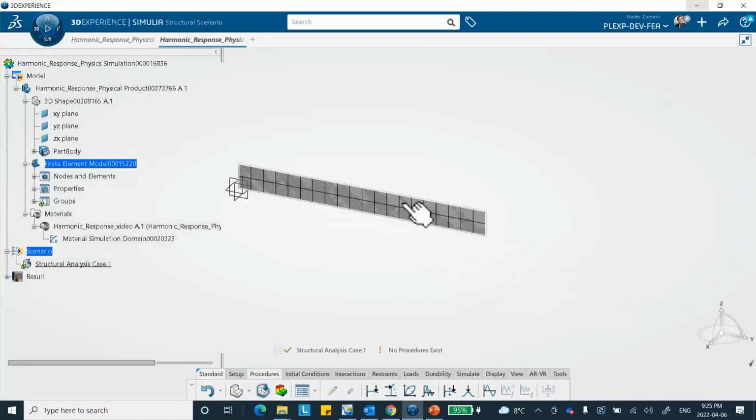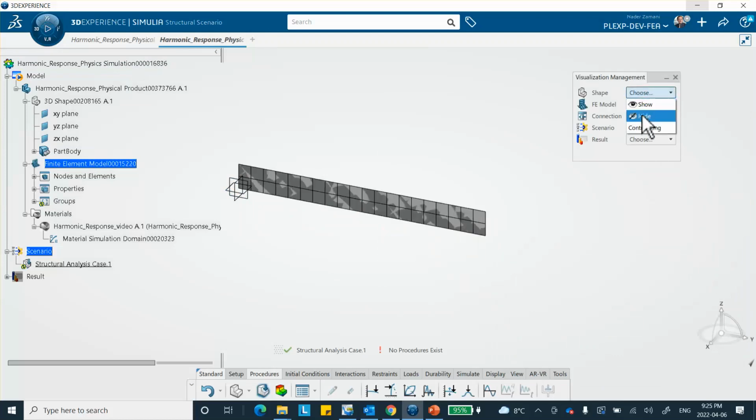I don't want to see my part, so hide it. There we are. Okay, so first of all, the plate cannot move out of its plane, so this surface remains in the YZ plane. So before I do that, let's go ahead and specify our